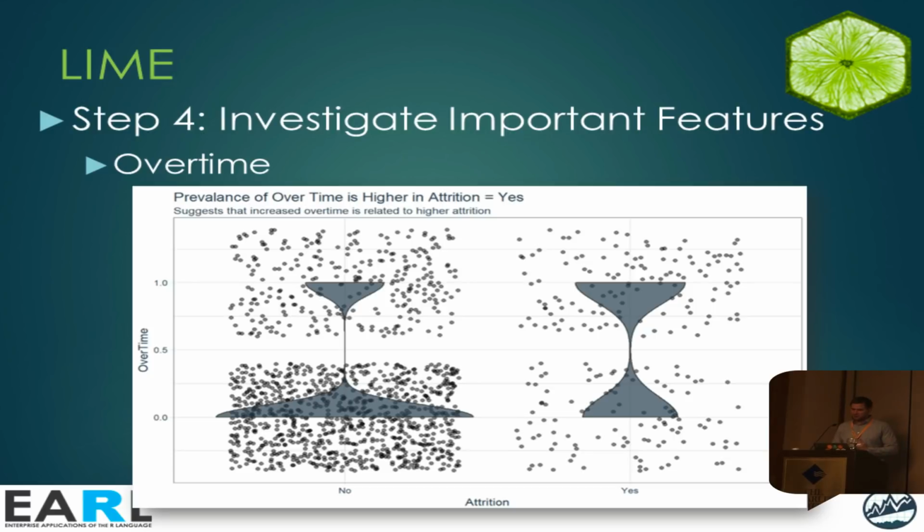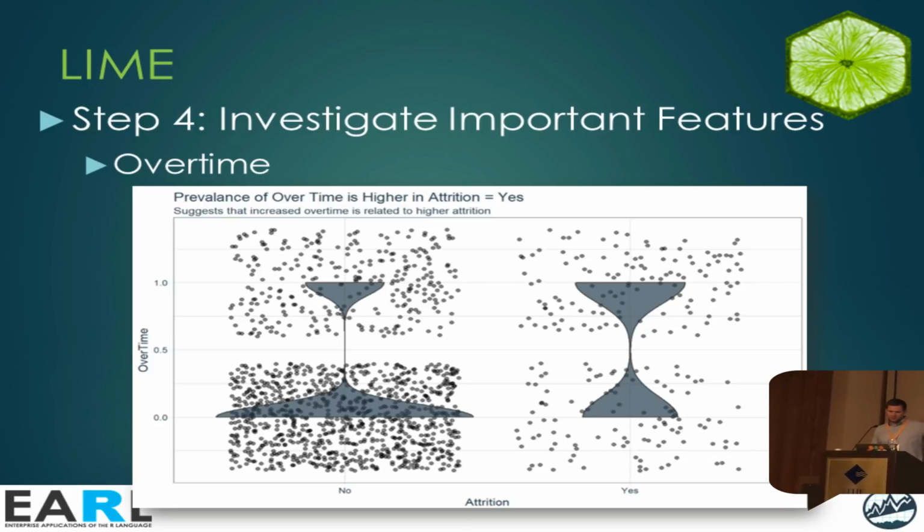So we analyzed that one specifically. And what you see here is on the bottom, the x-axis, it's no and yes for attrition. So no, obviously a lot more people are not turning over. And then on the y-axis, there's 0 and 1. So 0 is overtime. It means not very much overtime. 1 means they're working overtime consistently.